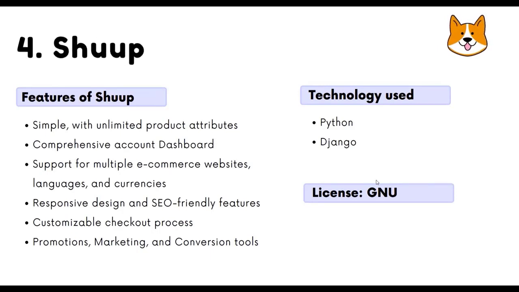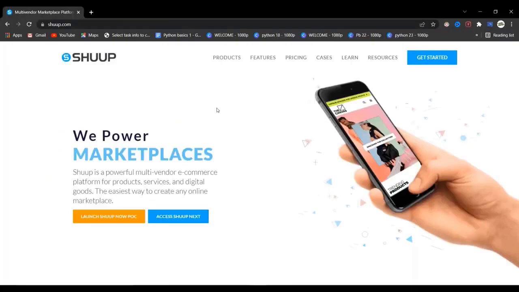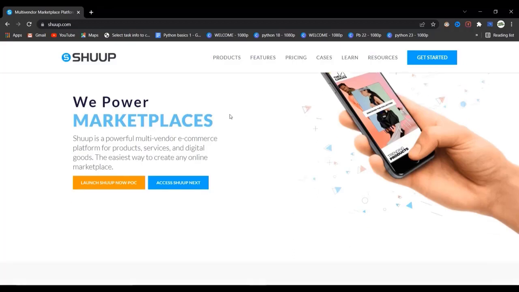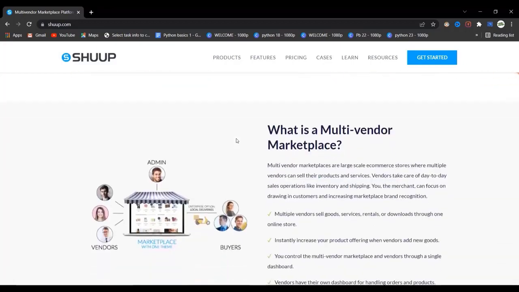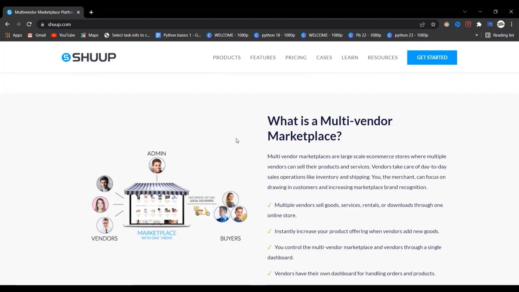We have Shoop in top 4, which is also built using Python and Django. It is an open source multi-vendor marketplace software based on Python and Django. It allows you to build marketplaces like Amazon, Fiverr, and the options are simply endless. Furthermore, Shoop offers free open source access to developers, but also includes various paid business and enterprise packages depending